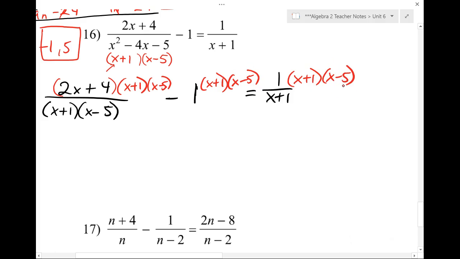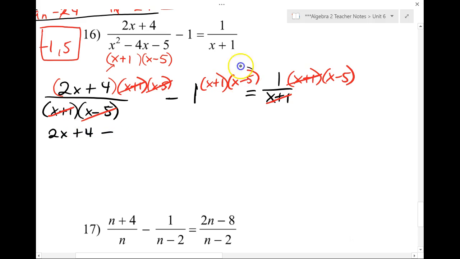Okay? All right, so now let's go ahead and cancel what we can. So now I've got x plus 1 here, that goes away. X minus 5 here, that goes away. Nothing cancels here because it's not a fraction. And then over here, just x plus 1 cancels. So now, over here on the left, I'm just left with 2x plus 4